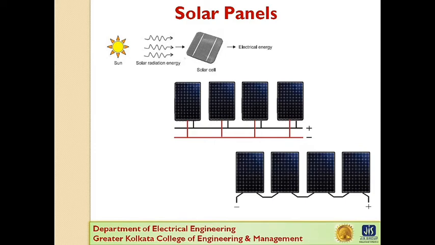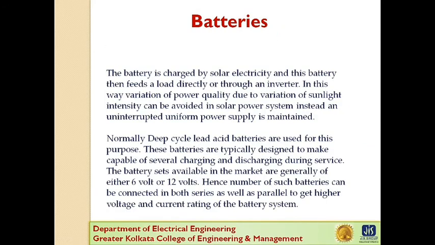Now solar panels are connected together to create a solar array, and multiple panels are connected together both in parallel and series to achieve higher current and higher voltage respectively. In a grid tie solar generation system, the solar modules are directly connected to an inverter and are not connected directly to the load itself. The power collected from the solar panel is not constant, but rather it varies with the intensity of sunlight shining on it.